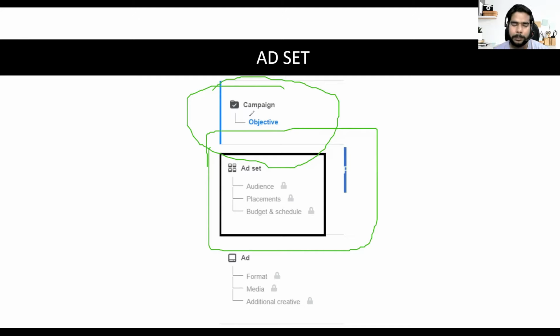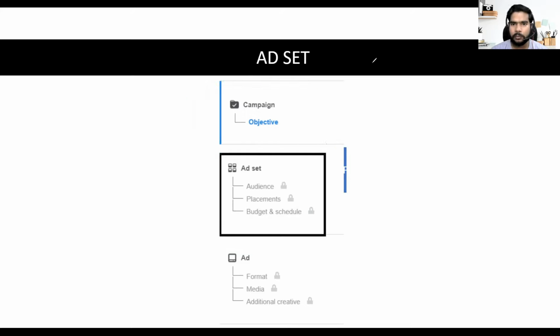Second is placement. What do we mean by placement? Placement means where you want to show your ads. Do you want to show your ads on Facebook? On Instagram? On Facebook web only, or on the Facebook mobile app? Or in video ads? Which platforms do you want to show your ads on? They have seven or eight options, for example Instagram stories and Facebook feeds. You can select where you want to show them, but as a beginner, I suggest you select all.